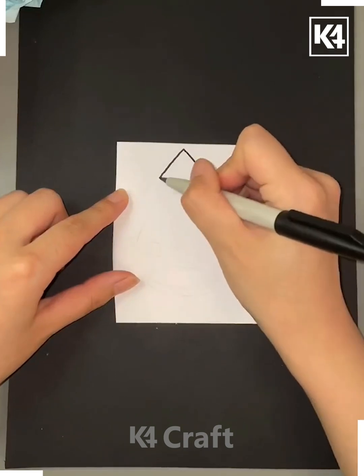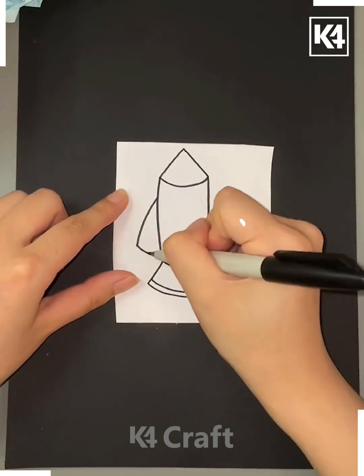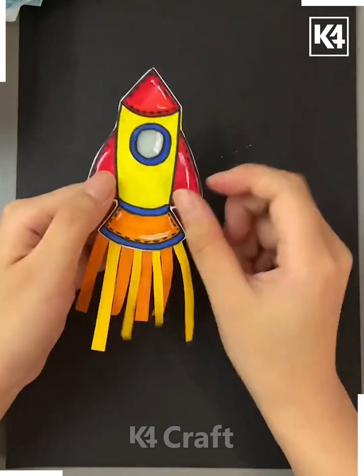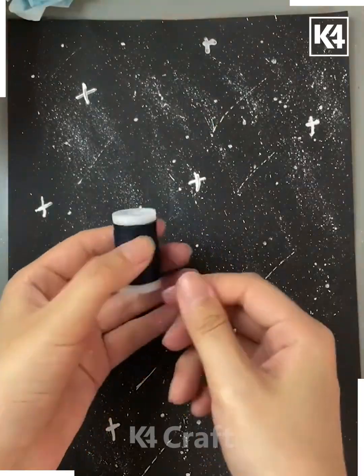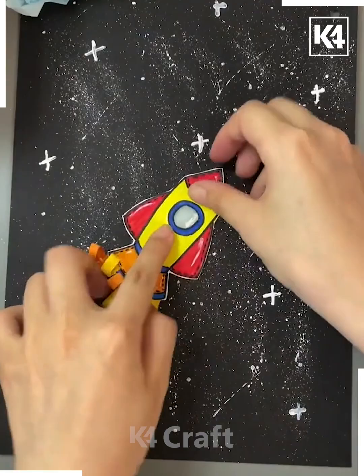Next here we are making a flying rocket. As you can see we are starting with the rocket. After that we are cutting it out and coloring it. Then we are taking a black sheet and just inserting a thread in between there. After that we are pasting the rocket above it with the tape, as you can see,